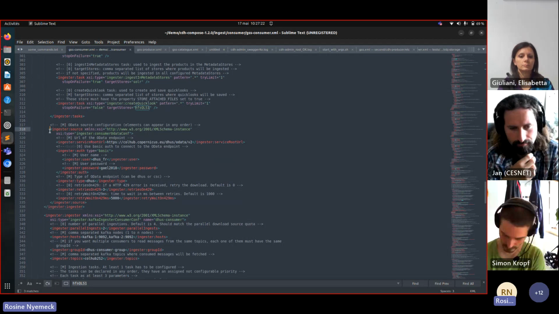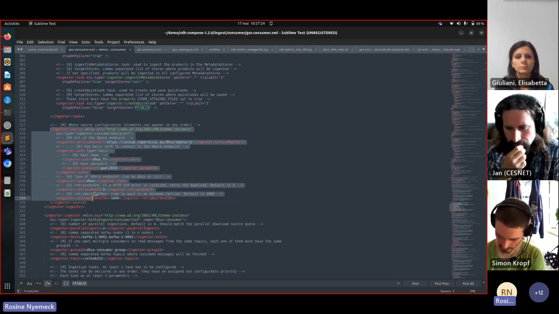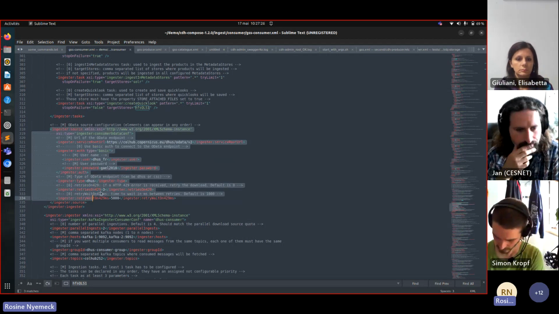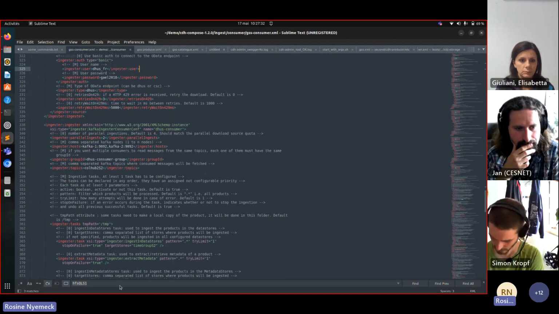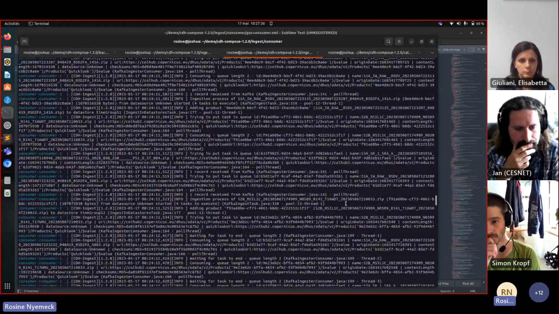And we will have the source where to check the download, to download the products, because he will download it into these data stores. We have the same for the second ingester and so on. So it is the reason why you have the